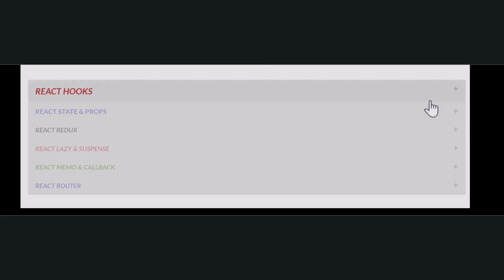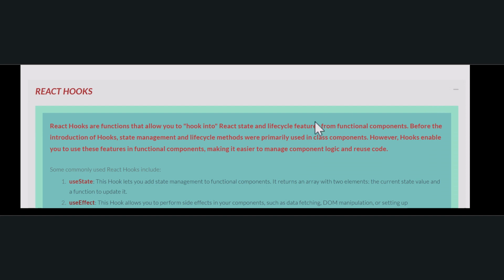We will look into a few of the React concepts. Let's start with React hooks. Basically,